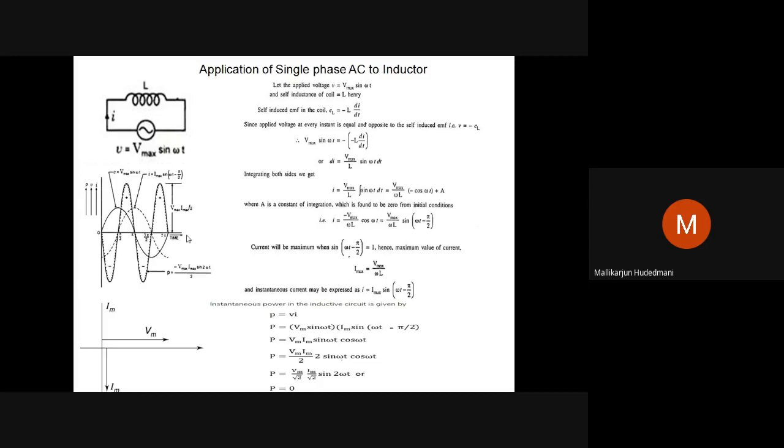This is one of the best questions in the examination: show that current lags behind the voltage by 90 degrees in an ideal inductor, or show that power is 0 in a cycle. So two types of questions are possible from this subject heading. Try to revisit this carefully from the video or from the material that you have with you. This is with respect to an ideal inductor. A similar study can be done with the ideal capacitor.